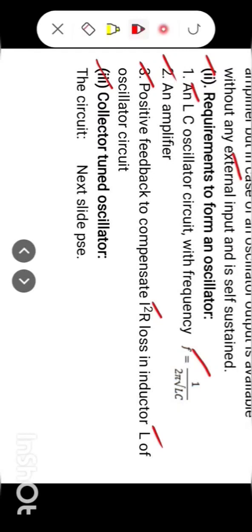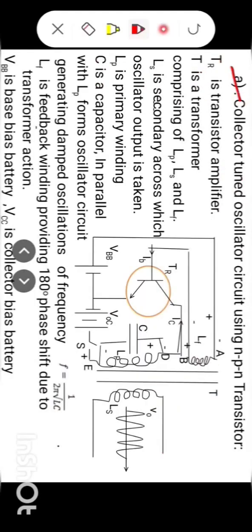Third, collector tuned oscillator. Basically, oscillators are of many types, like Armstrong oscillator, Hartley oscillator, Colpitts oscillator, and many others like crystal oscillator. But here we are going to discuss the collector tuned oscillator. A collector tuned oscillator circuit using NPN transistor. Here is the circuit